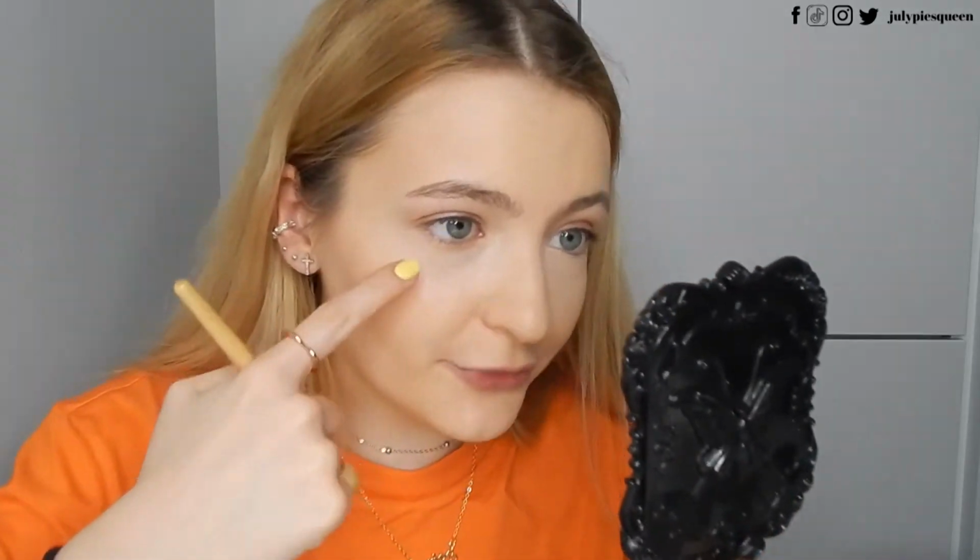Let's check on the underneath eye part so I can see, because I'm seeing a bit of creasing. Yeah, I'm seeing a bit of creasing on this eye. It's not too bad, to be completely honest. I sometimes randomly get a crease on one eye, because this one did not crease actually. But I would not recommend trying to rectify that, because right now I'm seeing a bit of texture underneath, which is a bit,